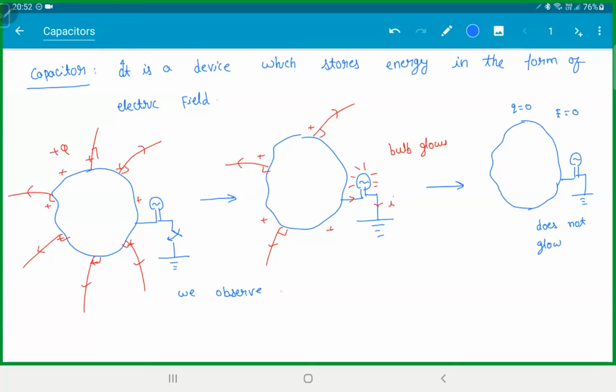So if you observe something here, when the switch is closed, the bulb glows. If the bulb is glowing, it means you're getting energy from somewhere. And at the same time,